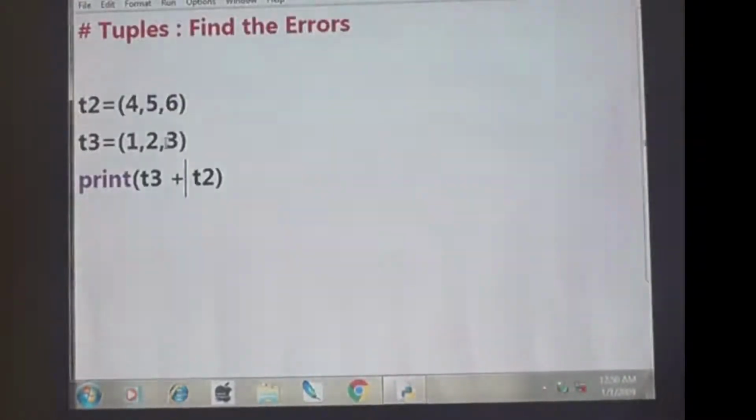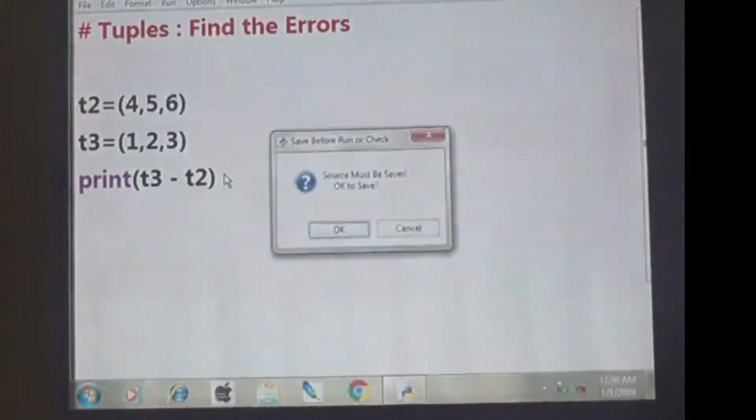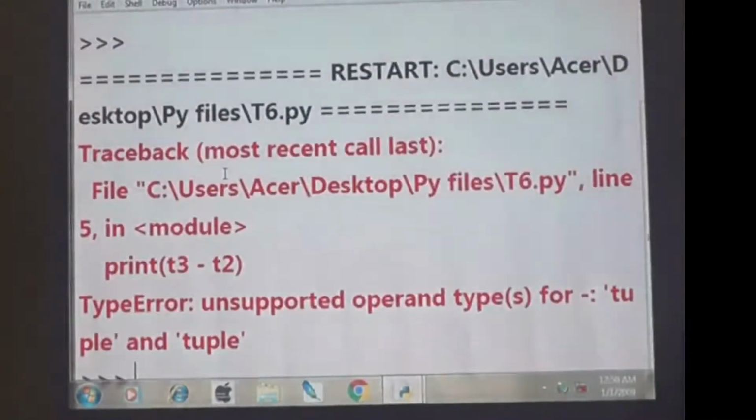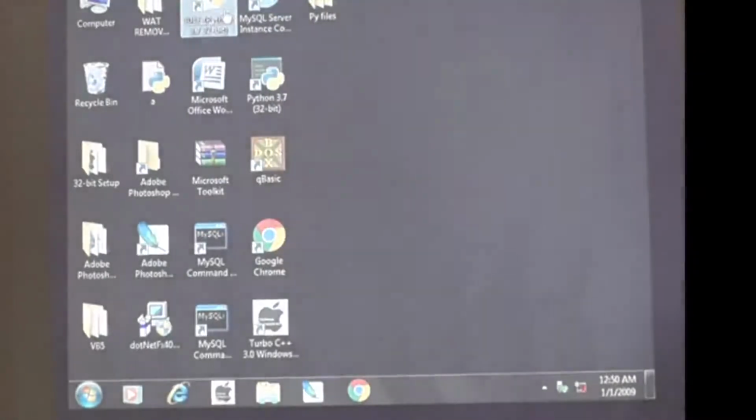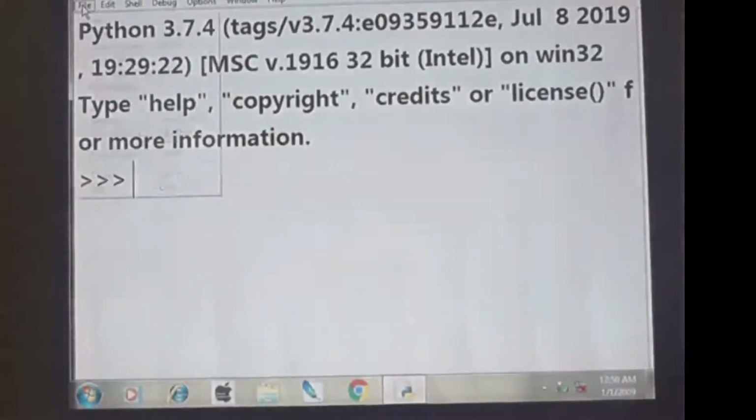So tuple and tuple can be added. But tuple and tuple, if you want to subtract, it will show the error. So you cannot subtract tuples. Keep it in mind. Fine. So T6 finished, and at last the last one.